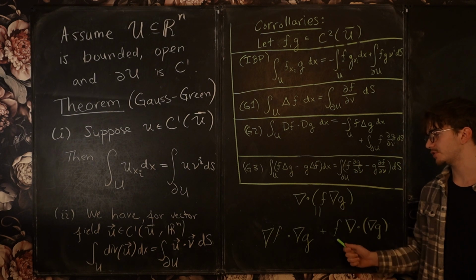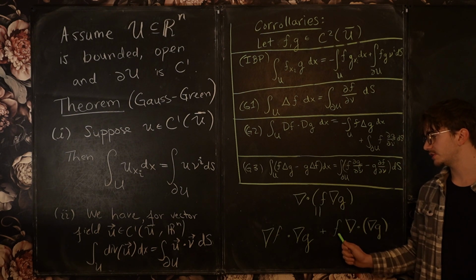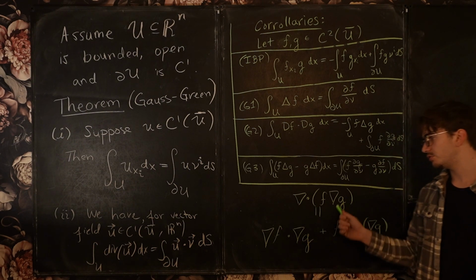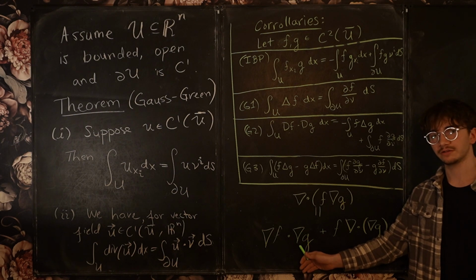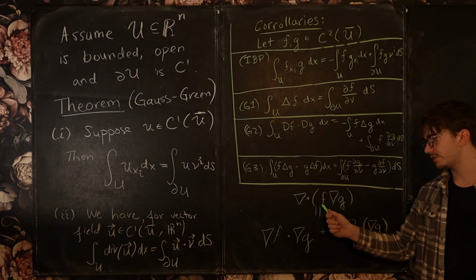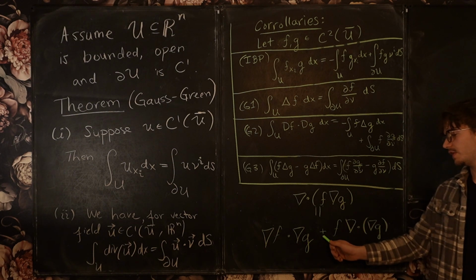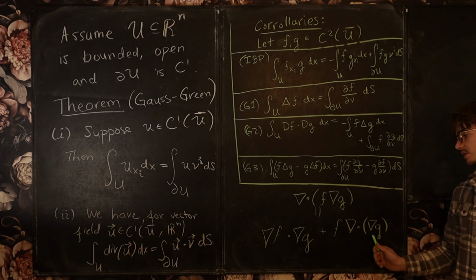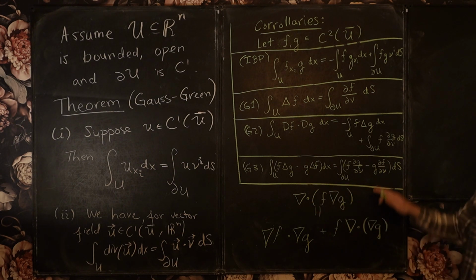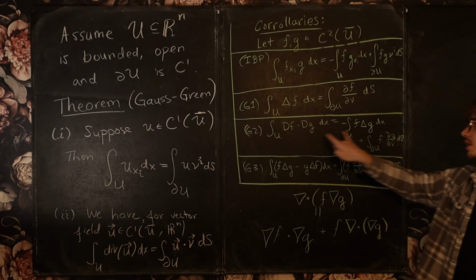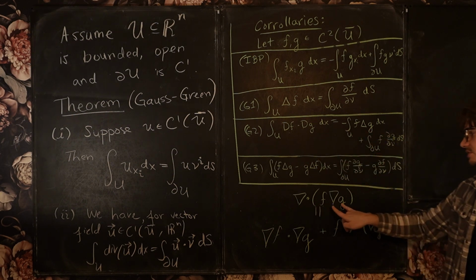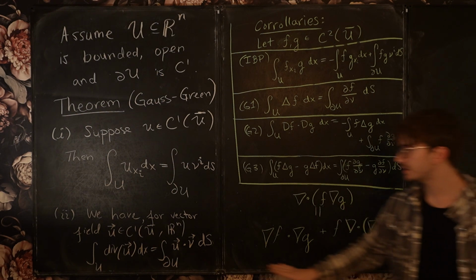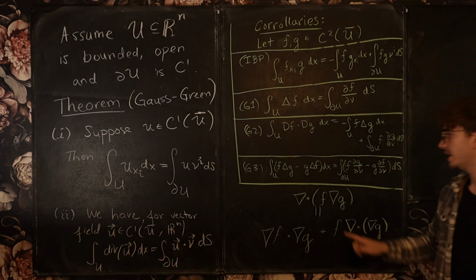This is a great exercise if you haven't done it. You can apply the product rule in each coordinate, and then you basically take the derivative of f, which is the gradient of f, and dot that into the vector field gradient of g. That's the derivative of the first times the second, and then you add the first argument times the derivative of the second, so f times the divergence of gradient g. Okay, so these two terms can just be written as the divergence of the vector field f grad g, and then I just apply part 2 again here,